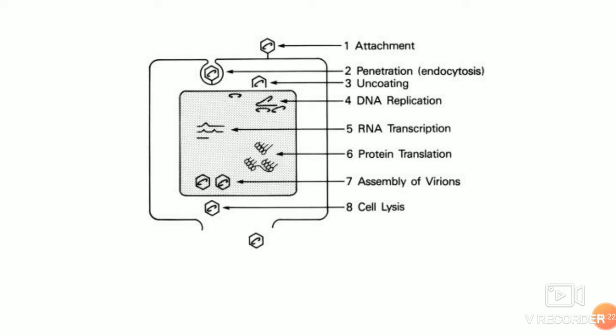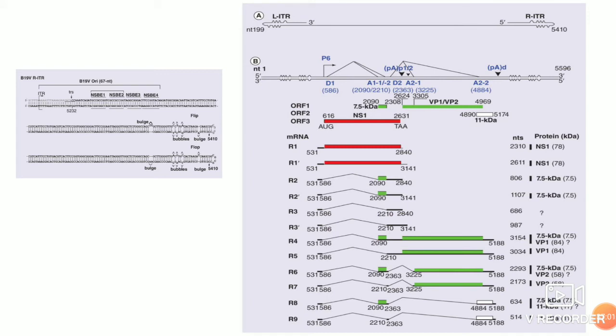Apart from erythroid progenitors, it is also expressed on megakaryocytes, endothelial cells, and fetal monocytes, but only showed tropism towards erythroid progenitor. And once it is attached to the P antigen, it is taken in by endocytosis, and then uncoating in the cytoplasm happens. It releases the viral DNA into the nucleus, where you have the DNA replication and mRNA transcripts are formed and new proteins are formed, and then you have the assembly and the release. So we'll see a little about the transcription, and then the replication, and then assembly.